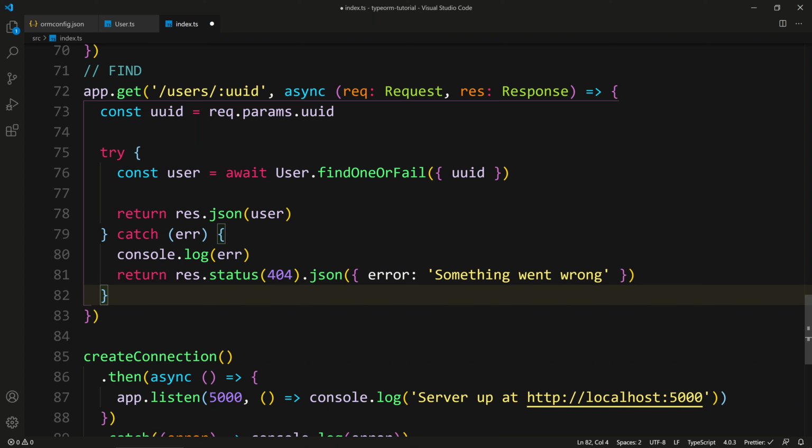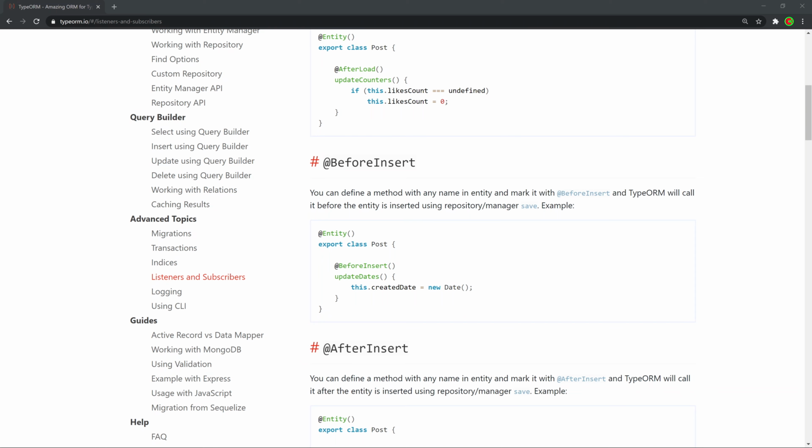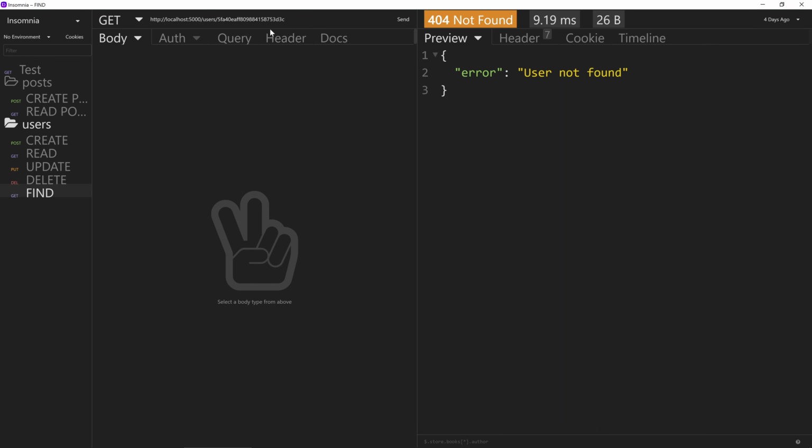Of course, you can check what the error says and return different responses here, but that's a bit beside the scope of TypeORM itself. So I'm just going to do a simple error here, and maybe this will be user, and it will say user not found. All right, save that. Let's try to run that. So in the find,